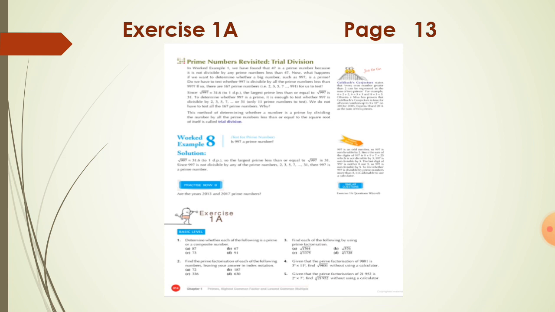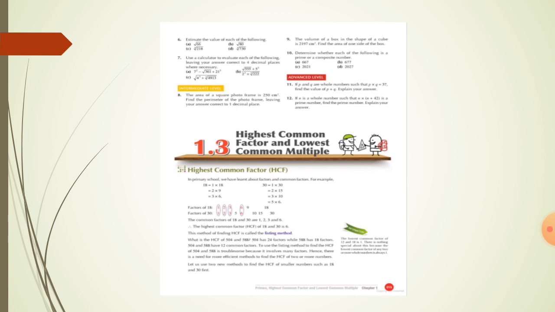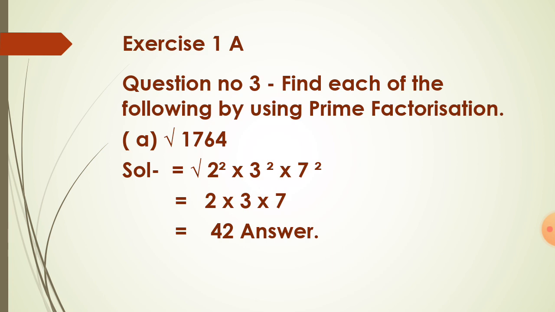This is the picture of your book, page number 13, exercise 1A. It is also the picture of your book and it has 12 questions. Exercise 1A, question number 3, we are going to solve it. Find each of the following by using prime factorization. Part A is there: square root